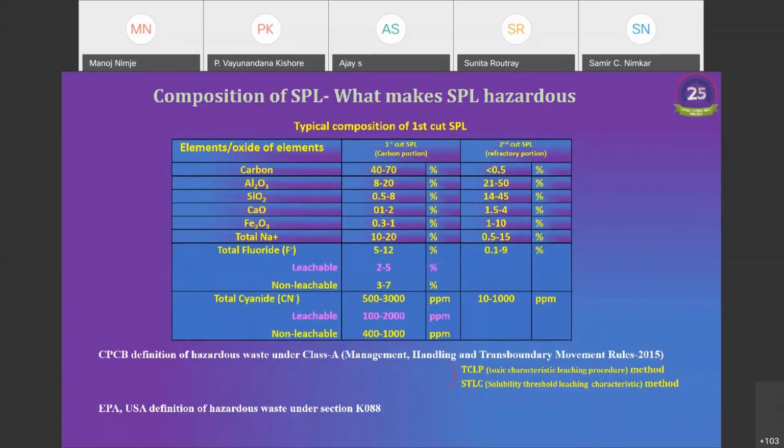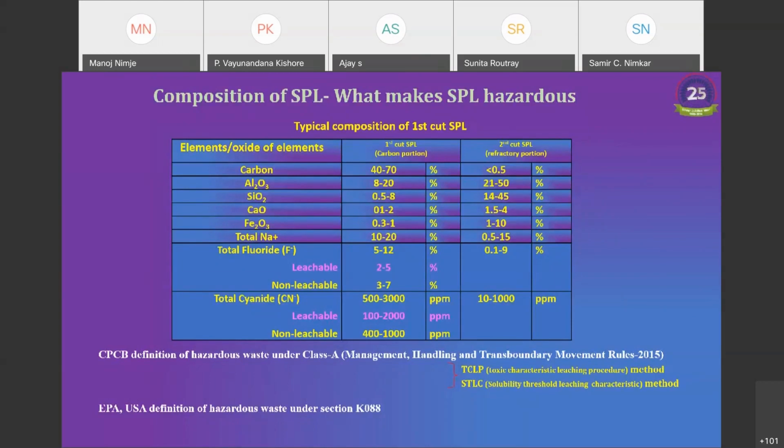Now we will see why SPL is hazardous and classified as hazardous waste of class A by the Central Pollution Control Board, that is CPCB India. If we look at the table carefully, we can see the first cut SPL, or the carbon portion, is rich in carbon value, whereas the second cut SPL is rich in refractory value, that is silica and alumina. Apart from this, it also contains leachable fluoride and leachable cyanide. The leachable fluoride present in first cut SPL is 2 to 5% and leachable cyanide is in the range of